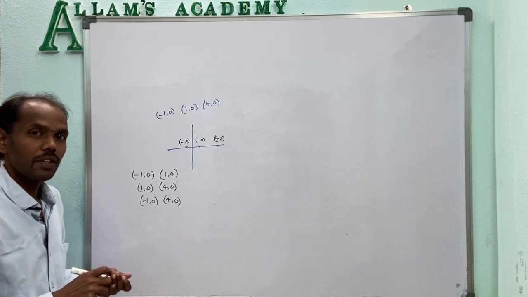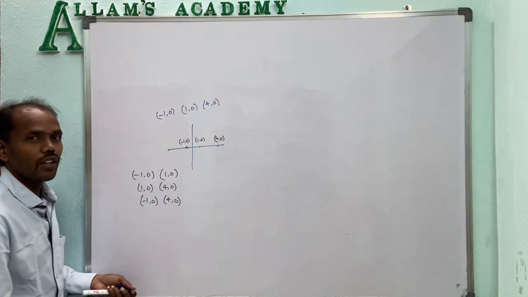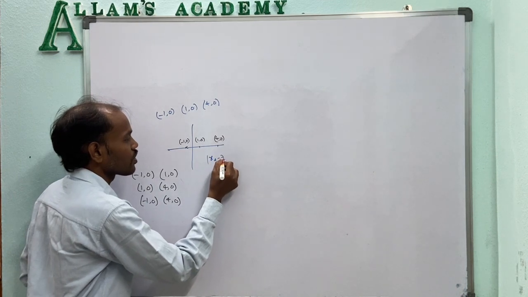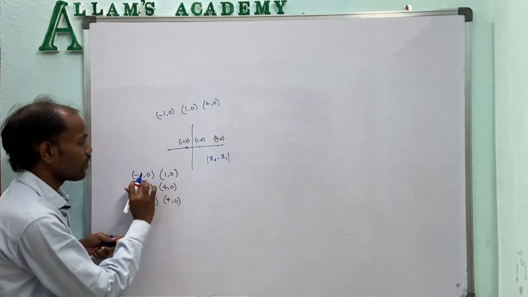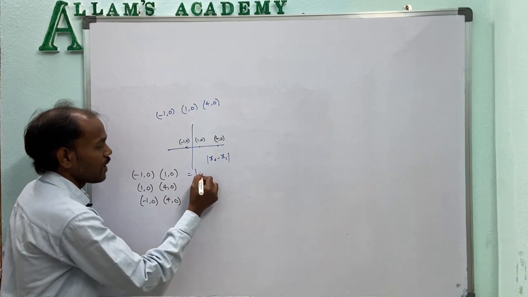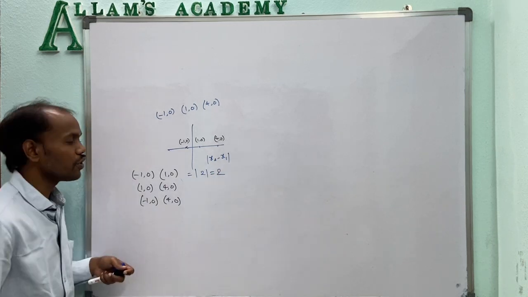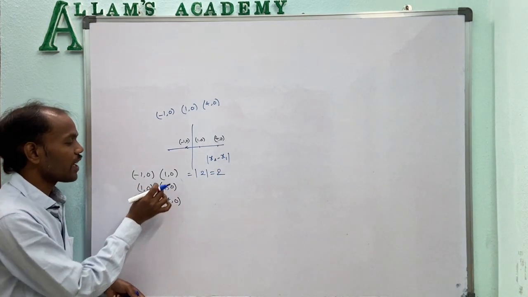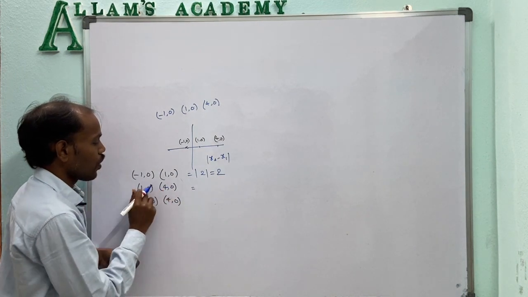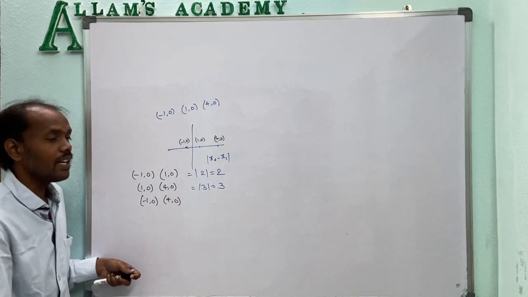Now if we find the distance between these points, here all these points have equal y coordinates. So the distance is nothing but mod x2 minus x1. Between -1 and 1, that is mod 1 minus of minus 1, that is 1 plus 1, equal to mod 2, equal to 2 units. Now between 1 and 4, the distance is mod 4 minus 1, that is nothing but mod 3, equal to 3 units.